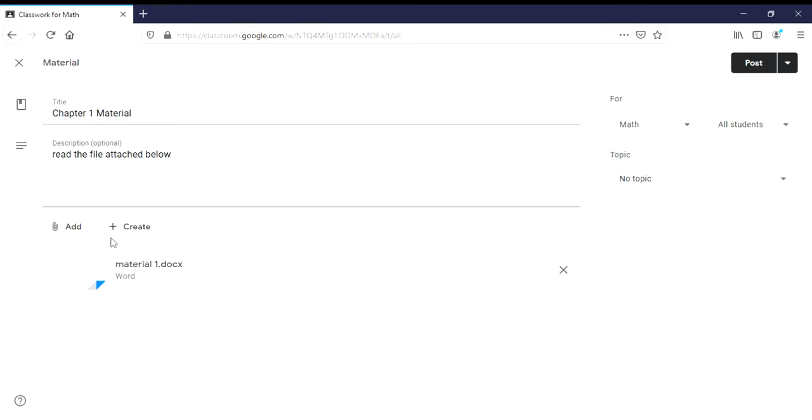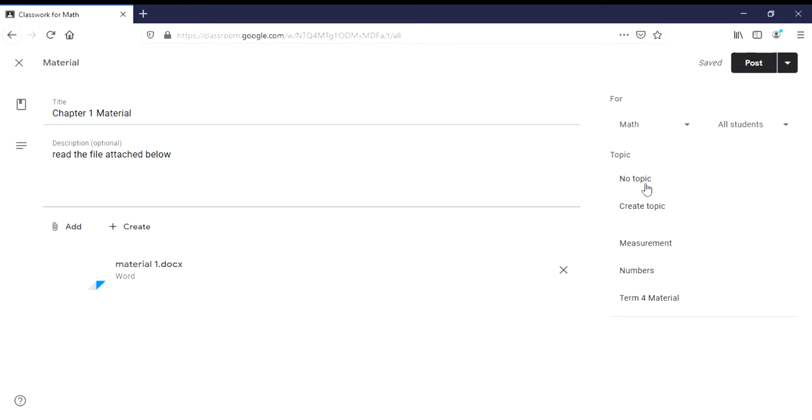Other than that, you can add a YouTube link or a link to the web that you want your students to open so that it's easy for them. They just have to click it and they will be guided to that page right away. So it's your choice. And then after that, this topic here, you can put it in a topic that you have created. Just now I created it in term for material, right?